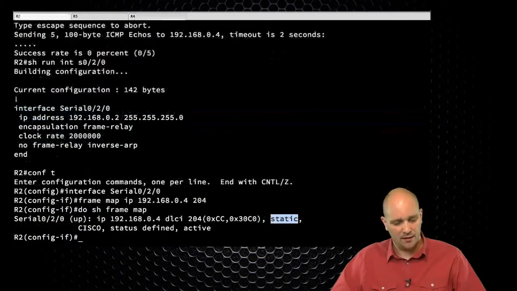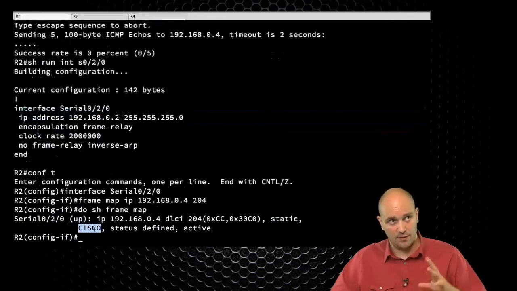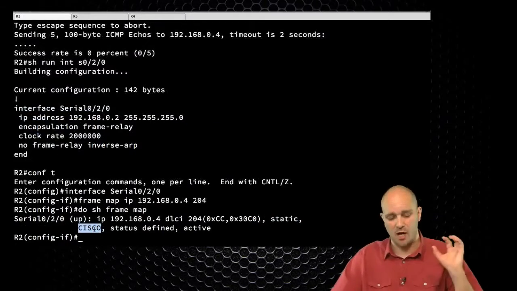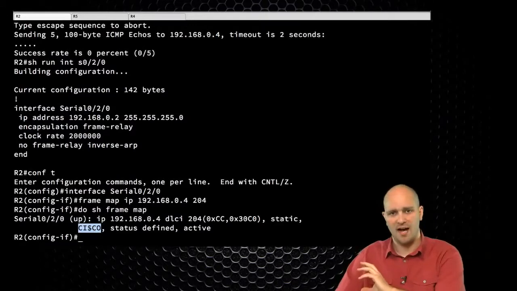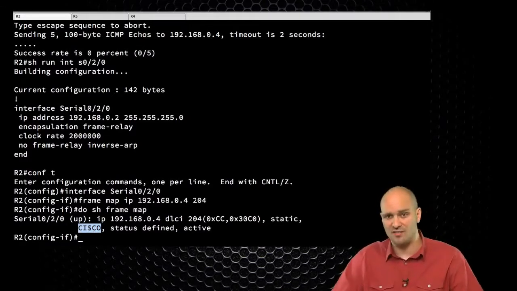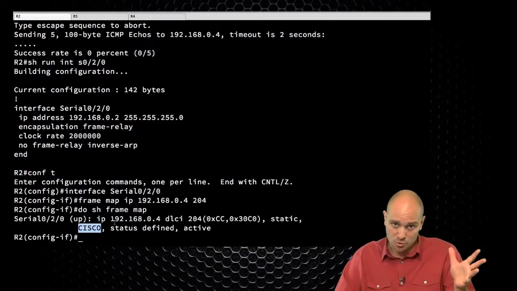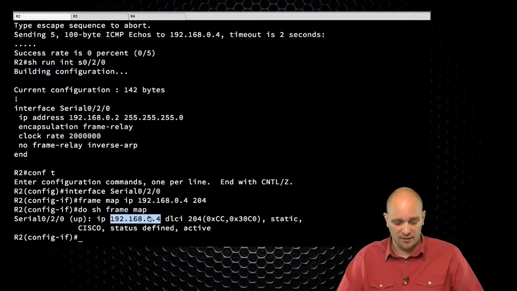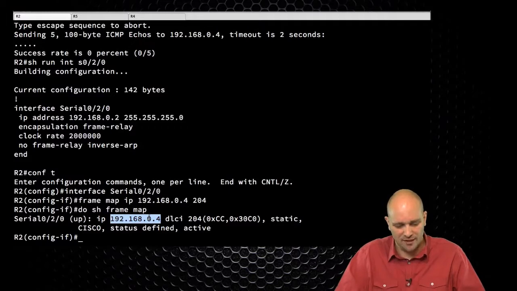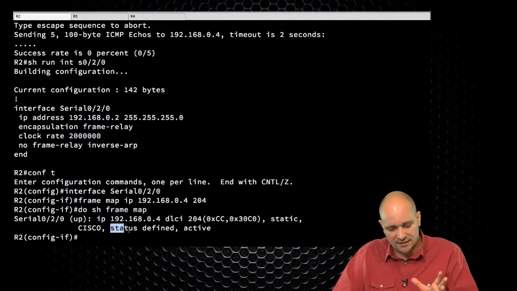Now if I take a look on R2, show frame map, what I'm seeing here is that I have a static mapping. This is the framing, end-to-end framing. It can be either Cisco or IETF, but in this version of IOS, the difference is really academic, because IOS will try to auto-detect what framing you're using. So even if you set something else, it doesn't really matter. As I say, this used to be a big thing in earlier versions of the lab. For the version 4 blueprint, this is irrelevant. So I see that this is a defined